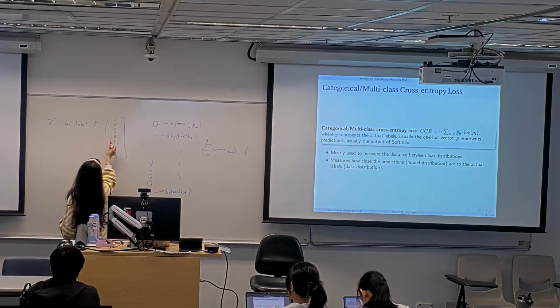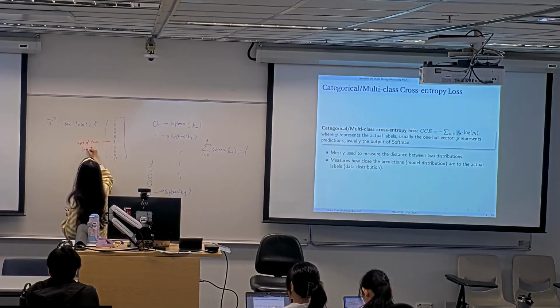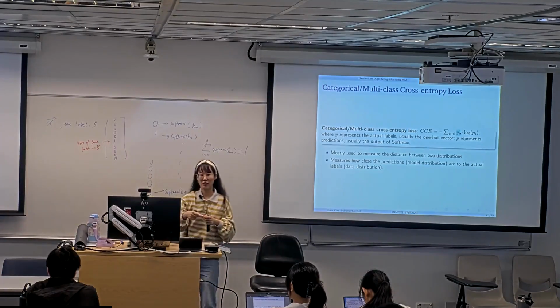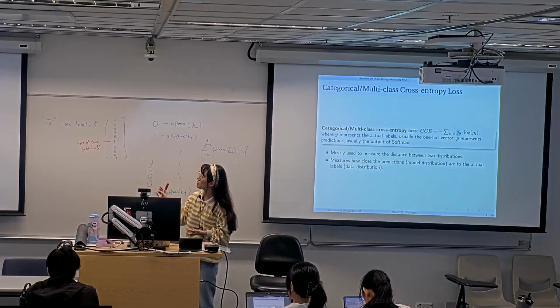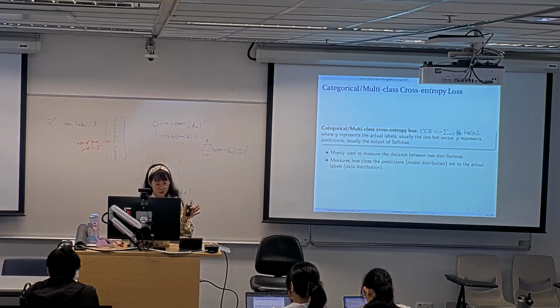This is the index. That means for any true label, we first need to do one-hot encoding so that it becomes a